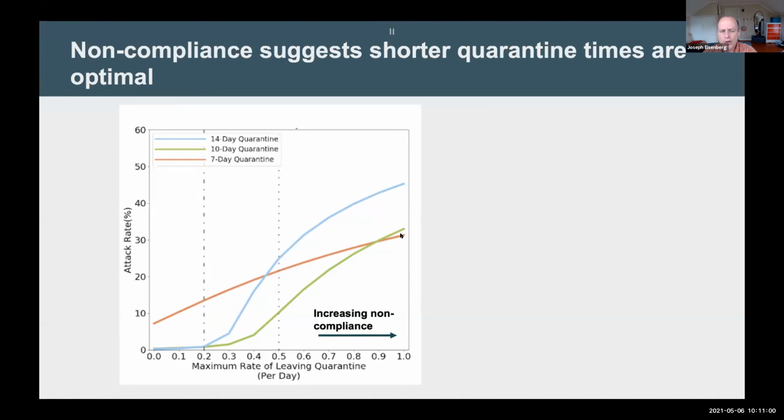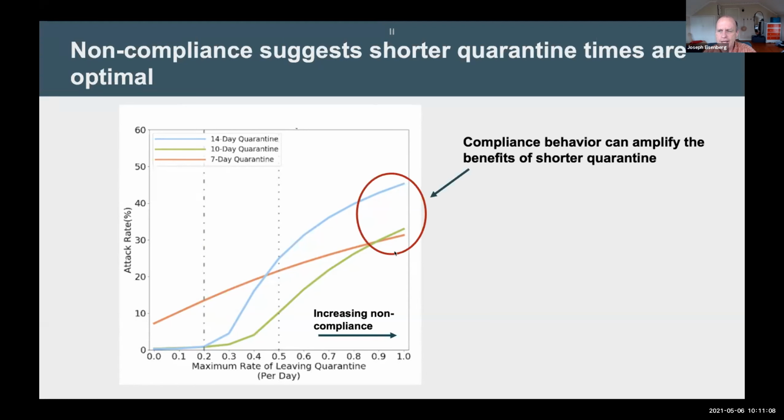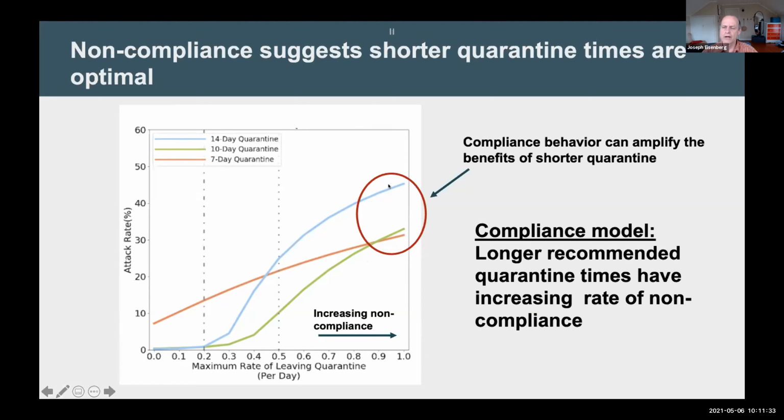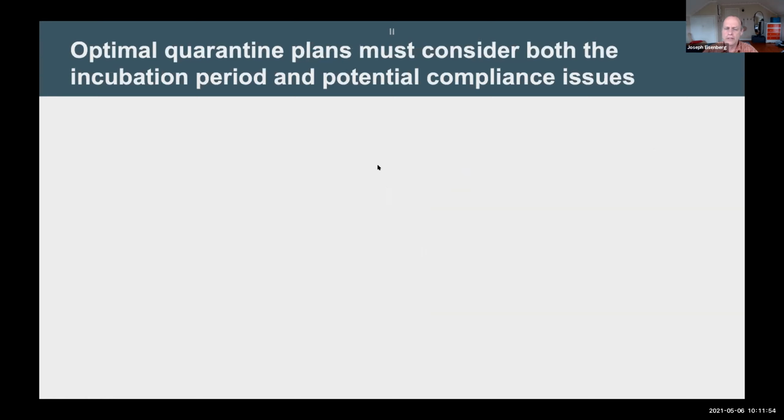Now if we look at another model in which we assume that increasing the guideline for quarantine time will actually increase non-compliance, we see that compliance behavior can amplify the benefits of a short quarantine period. So now, as non-compliance increases, we see that shorter quarantine times are actually more beneficial and more effective than a longer quarantine time. Again, this is where longer recommended quarantine times have increased rates of non-compliance. So we can see this trade-off that we need to consider